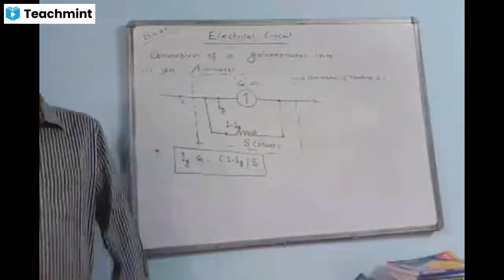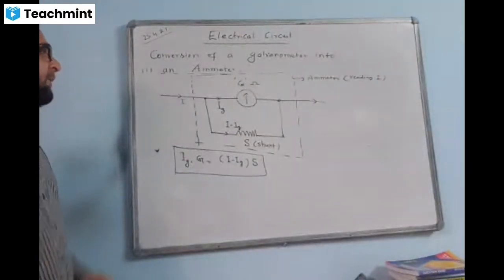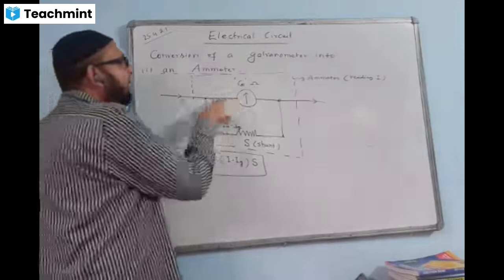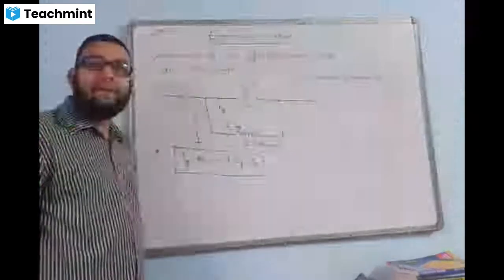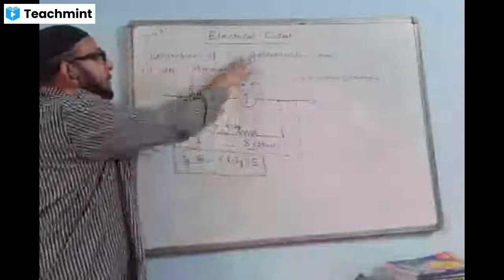That means we'll use the voltage, I into R, equal to I into R. We'll just make them equal. Our equation is framed. Now, from the equation, if I is given that you have to measure, you have to convert into an ammeter of